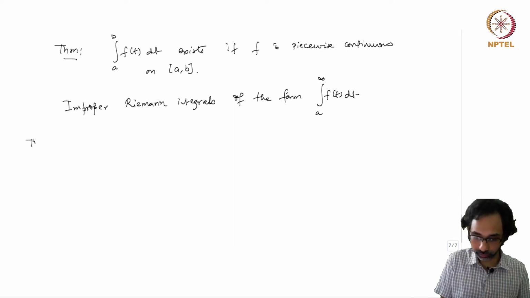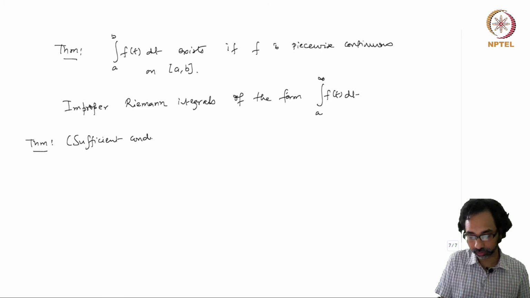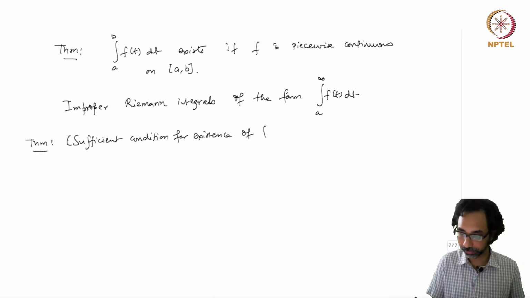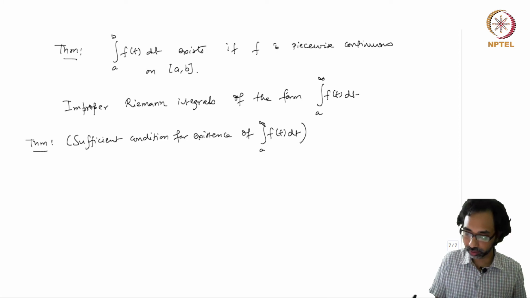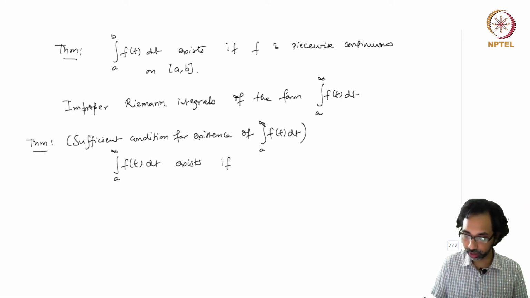So we can state this theorem, which is a sufficient condition for existence of this integral. So we can write that the integral from a to infinity of f(t) dt exists if,